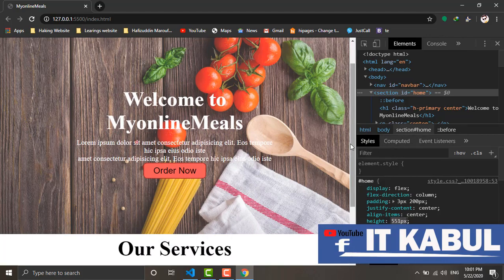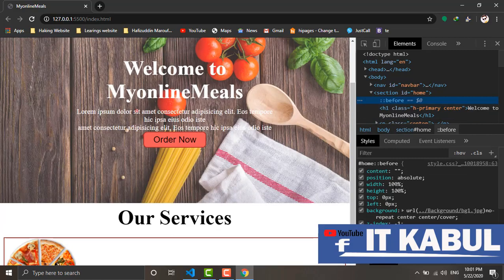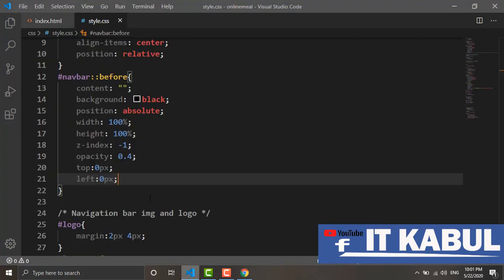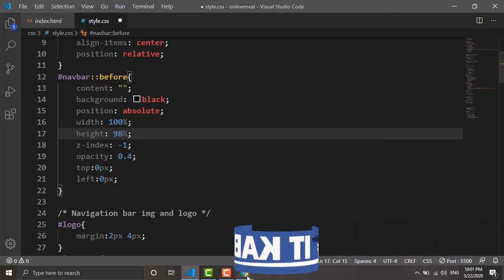Let me see here. Now let's decrease the pseudo selector also, so here I will decrease the height. Now I will just copy this and add it in here. Ctrl S, as well as